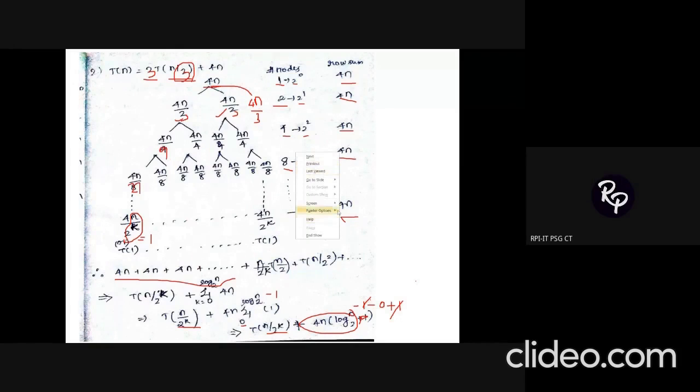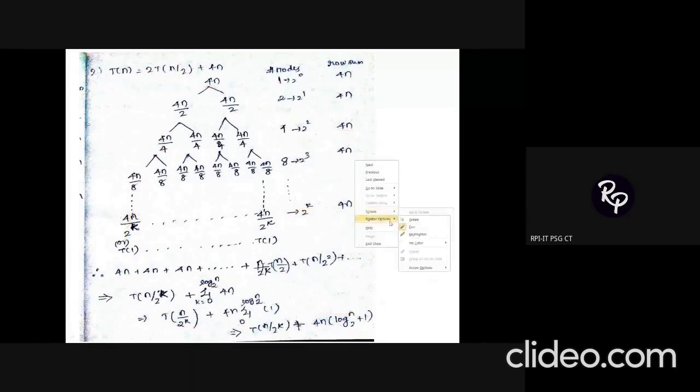Say for example, instead of n by 2, I am just given n by 3, but I am given my a value as 2. So this 2 is going to decide the number of subtrees. So I'll anyway have 2 subtrees only. This 3 will be deciding the denominator part. So instead of 2, I'll have a 3. So this will be the only change to the problem. Other than that, the procedure is the same.